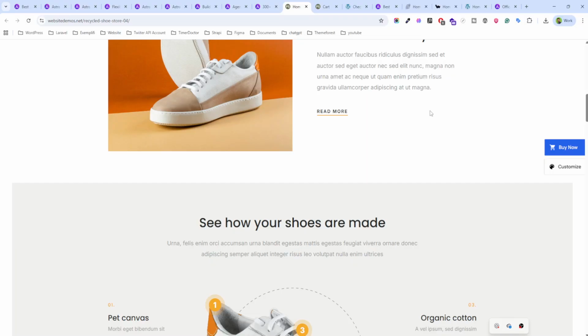So, a real-world example. Let's say you are launching a clothing brand. You install WordPress, add Astra, activate WooCommerce, and choose a starter template, all in 20 minutes. Your online fashion store is ready. Then you can connect a payment gateway, add products, and start selling. No developer needed. So yeah, that is very fine.